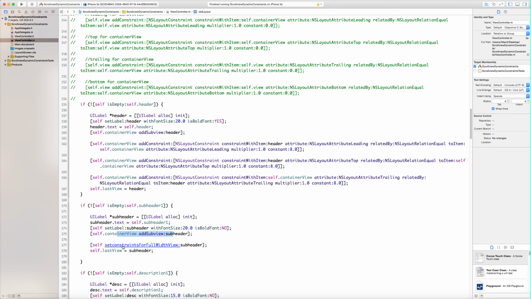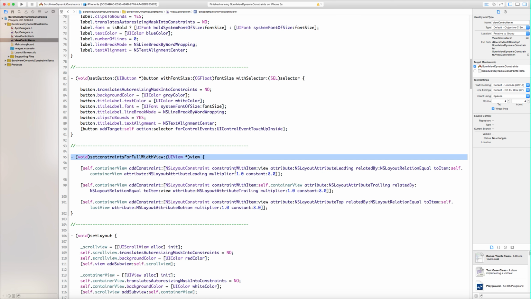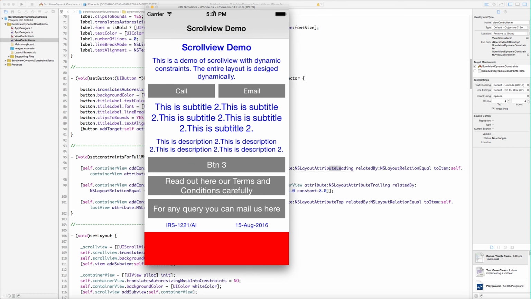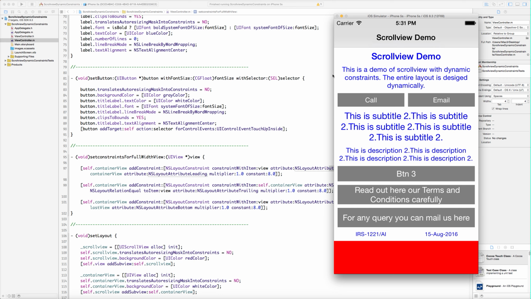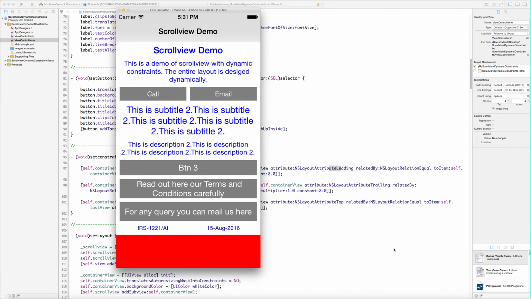And then I have created a method that will give the three constraints: one is the leading, second is the trailing, and then the top constraint.